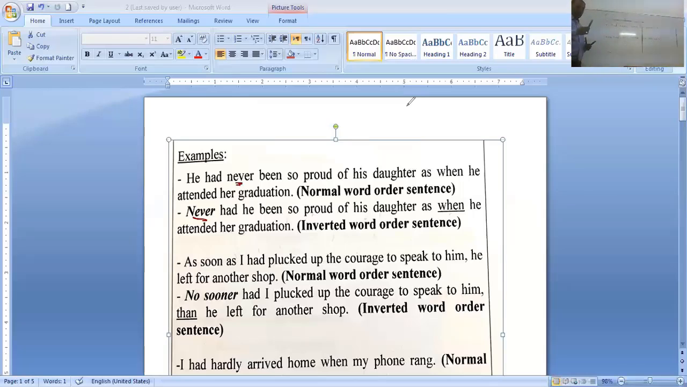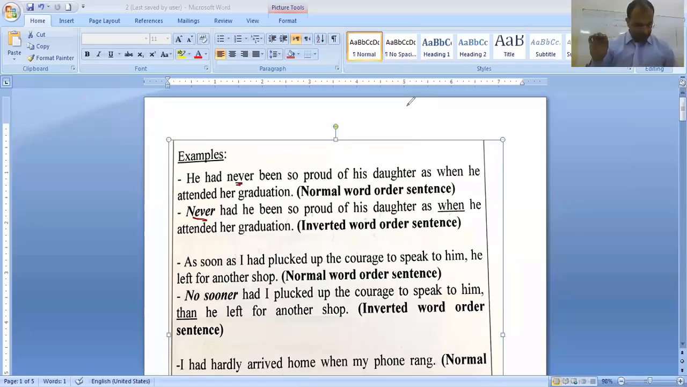Now, if the sentence doesn't have an auxiliary verb, we have to add one auxiliary. We have three options to choose from: do, does, or did, according to the main verb of the sentence. Okay? Now, on your student books,